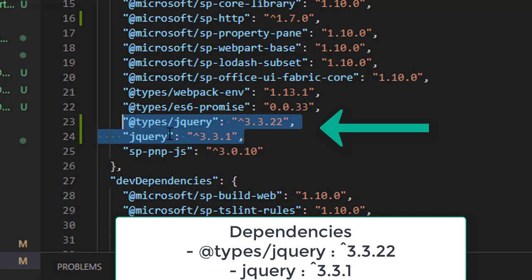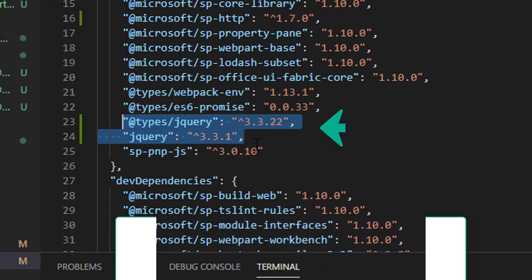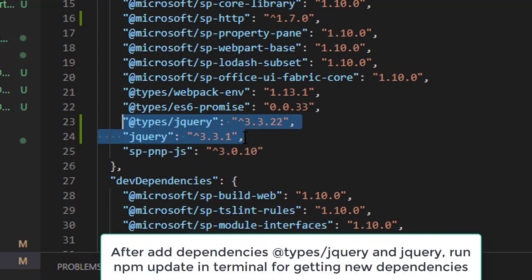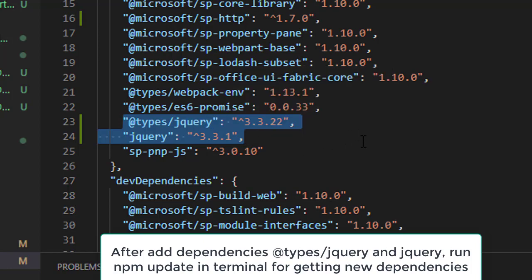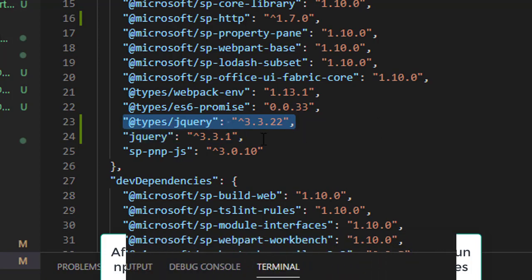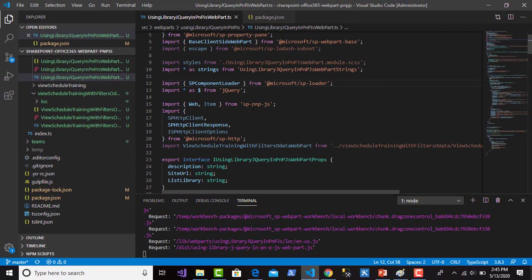And then after you add these libraries or dependencies, you should update the npm for getting the npm updated. So the system will download the types of jQuery and the jQuery and add them to your project. Okay, after that we can use the jQuery. So there are some libraries for using the jQuery carousel or another library in the